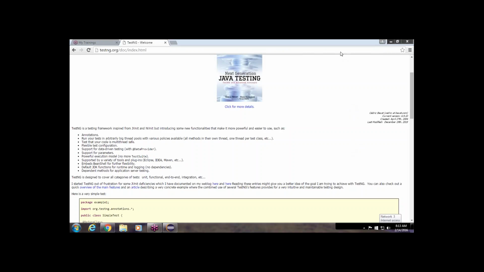This is the main feature of TestNG. TestNG has annotations, runs our tests in various policies, tests our code in a multi-thread safe way, and has flexible test configuration, and data-driven testing with the help of the data provider annotation and parameterization. Parameterization means there are two types of parameter. One parameter is